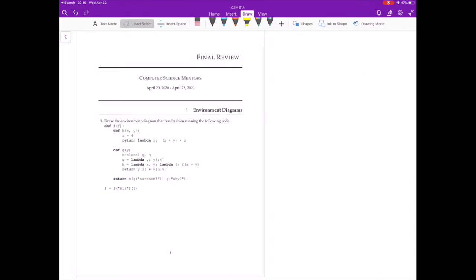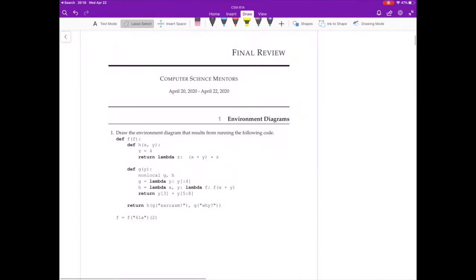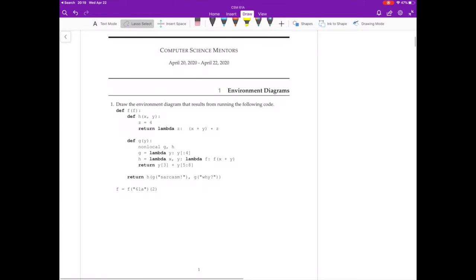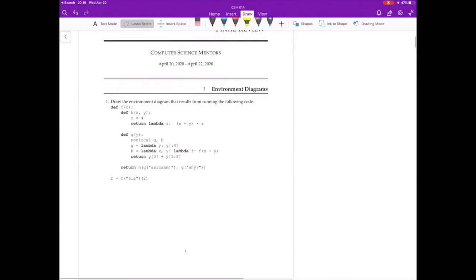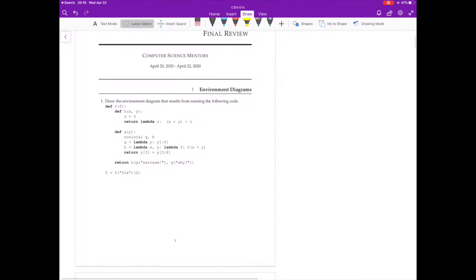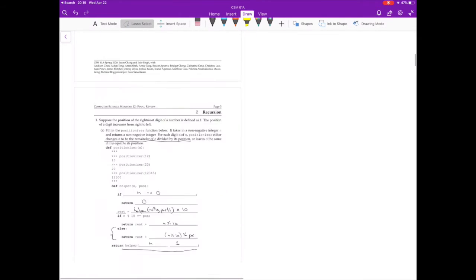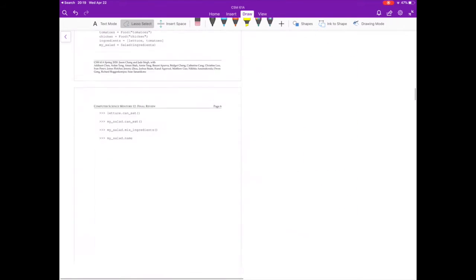Hello, I'm doing a walkthrough of the CSM final review worksheet. There's a bunch of problems, and I might not get through all of them, but let's see what we can do. So if you want to skip around, the topics include environment diagrams,